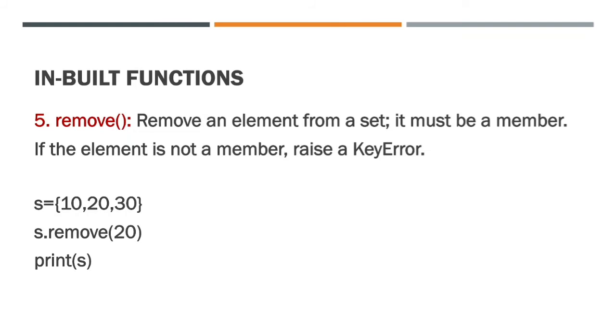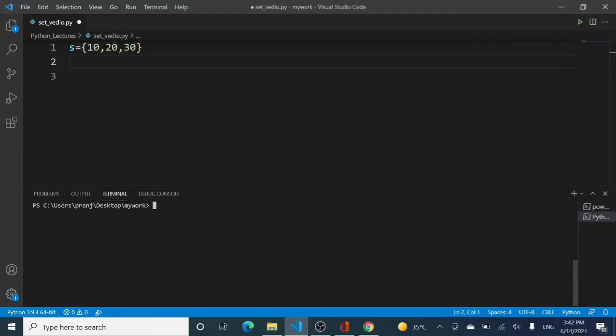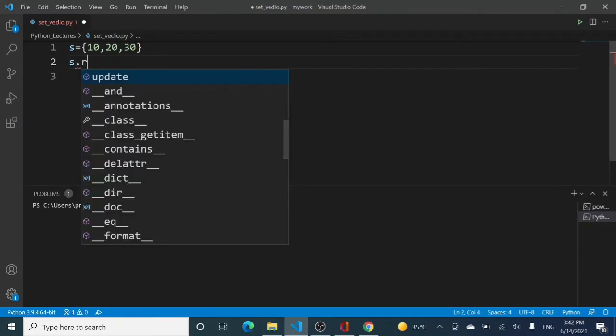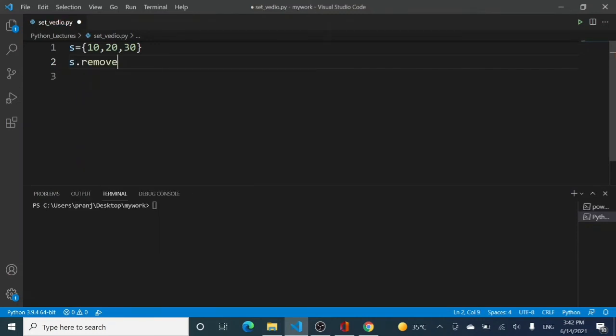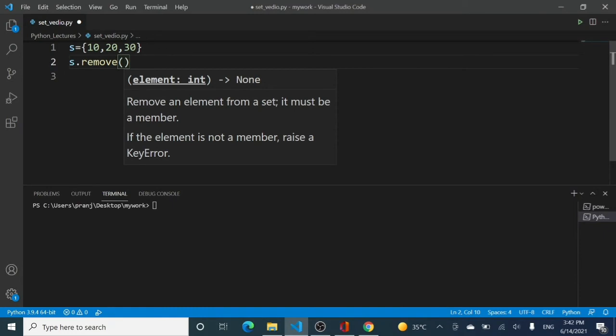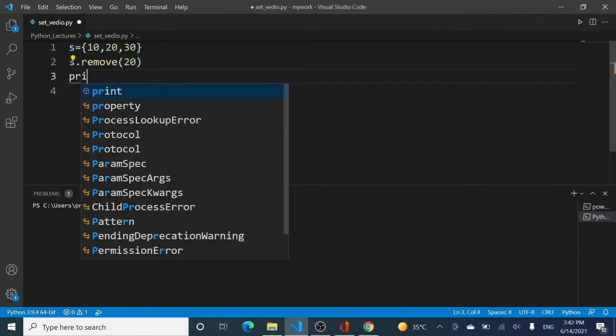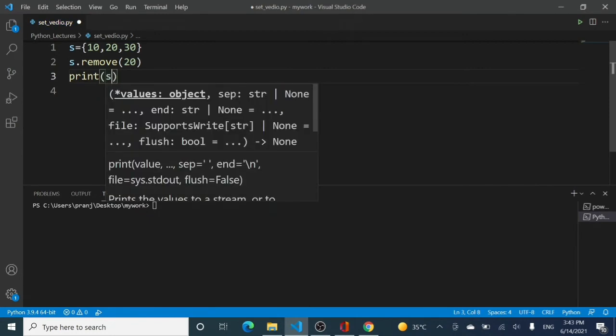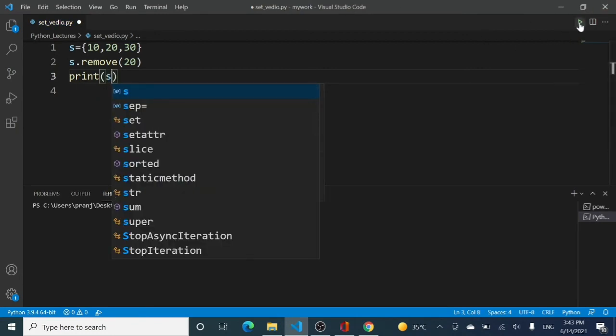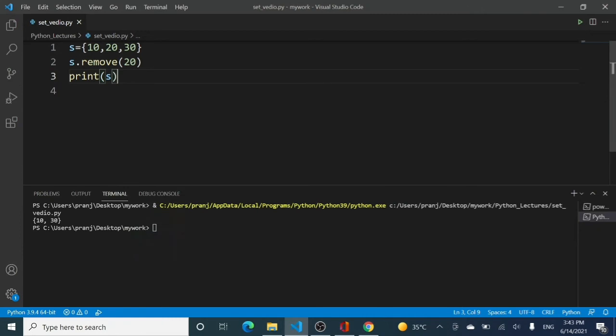So let us see how this works. The working of the remove method is very simple. You can use remove like this, and let us say that I want to remove 20. If I print S now, then 20 should be removed from my set, and you can see only 10 and 30 have been left.